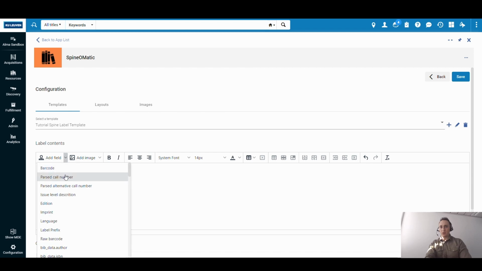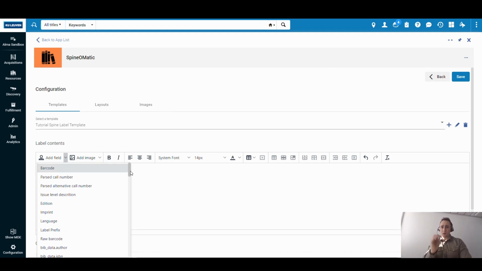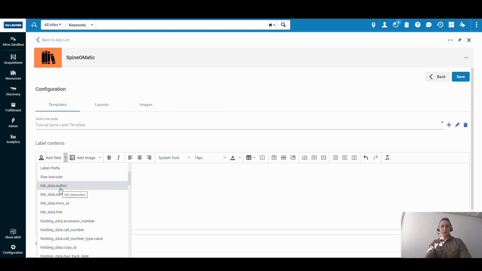As I showed you, this is the menu. These are all the Alma fields that you have access to. Some of them are quite straightforward. The most important ones are usually on the top. So the call number, the parsed call number, or the barcode. You can see that you can print the language, the label prefix, which is used mostly for the location. Then you have access to specific data fields from the bib record.